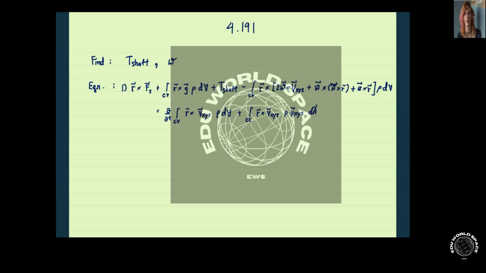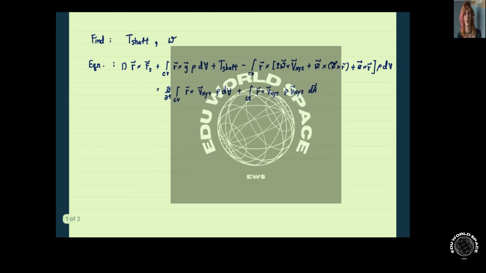First, we can use the basic equation of the moment of the momentum, and we have that for no rotation, T shaft is the integral over the area of R cross Vxyz rho Vxyz dA, or that is 2 del times the integral from R1 to R0 of R V rho V dr, and that